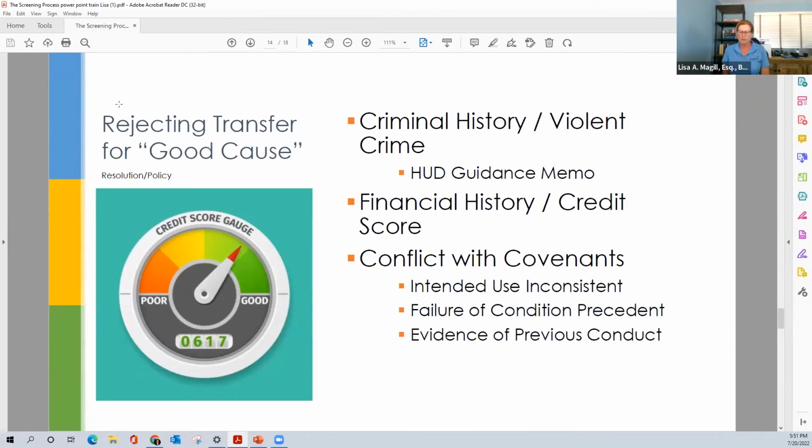Now, what do you want to see? What do you want to rely upon in criminal history, or what do you want to avoid when it comes to criminal history? Well, you want to look at the nature of the crimes, and the remoteness. When did these crimes occur? But I also want you to understand that the report that you receive is not necessarily complete. A lot of times I look at these reports and then I actually look up the records through FDLE, Florida Department of Law Enforcement, or other sources.